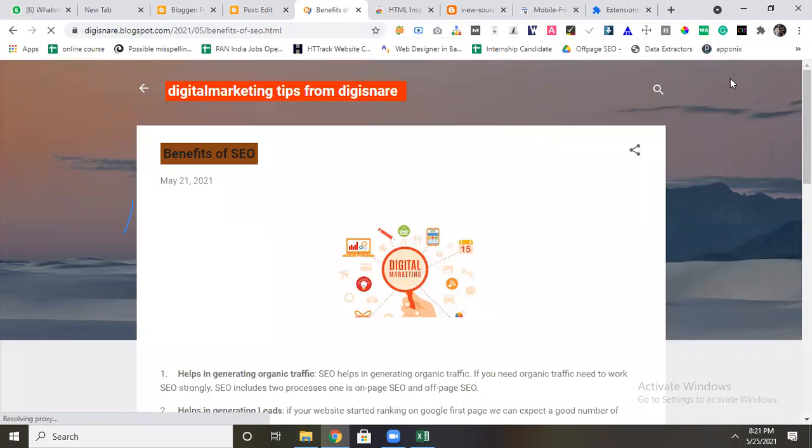Okay, now see, this particular page is automatically identified. This is the Chrome extension. Okay, I will give you the list. Don't worry, I will give all the list.